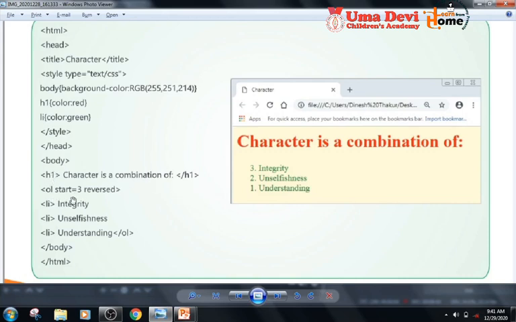Ordered list start equal to 3, meaning it will start from number 3. Then it will be reversed, meaning firstly 3 will come, then 2, and then 1. So the list is here. The first number is third, the second number is second, and the last number is first. Third, second, and first. Body tag is closed, HTML tag is closed.